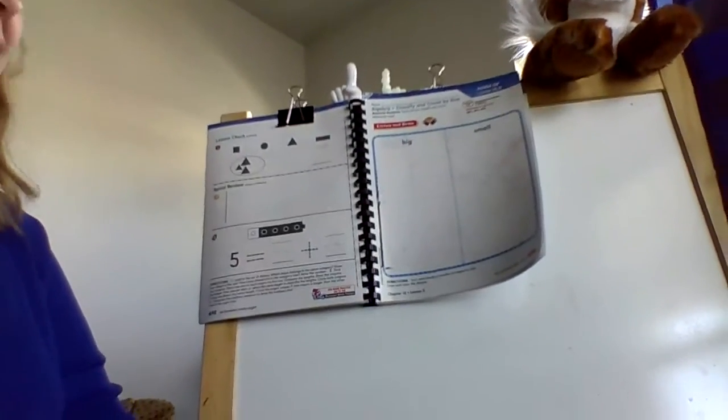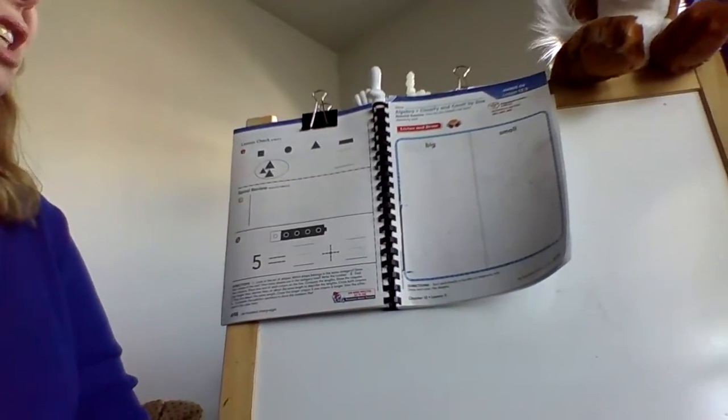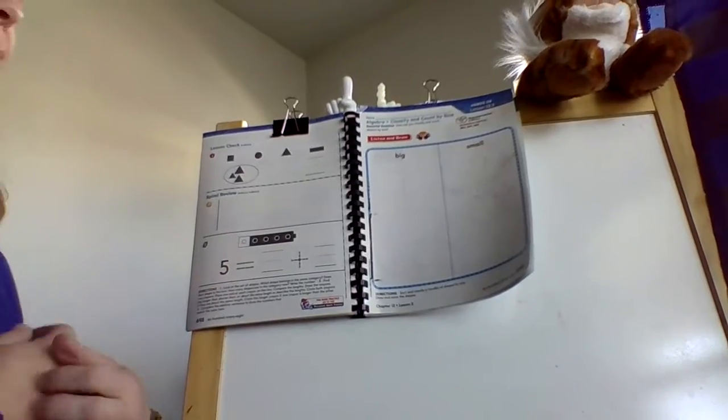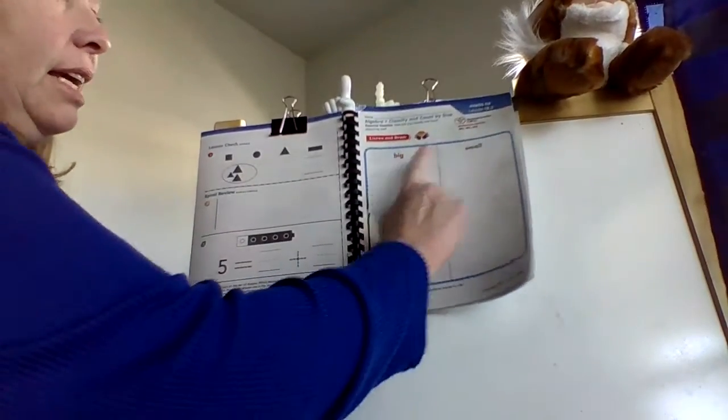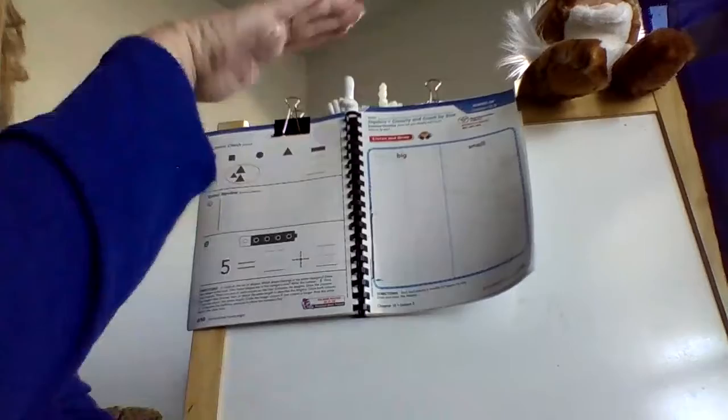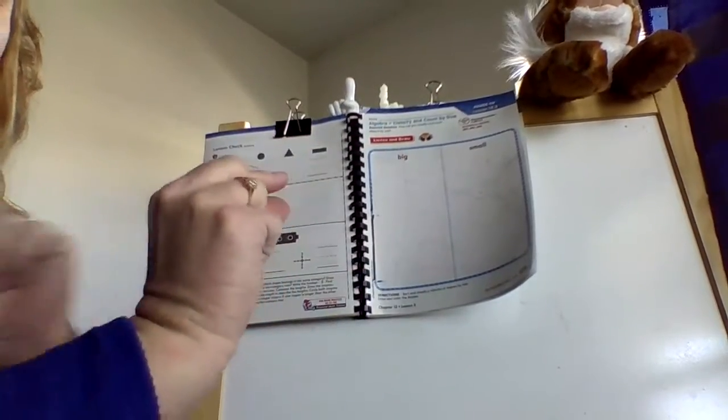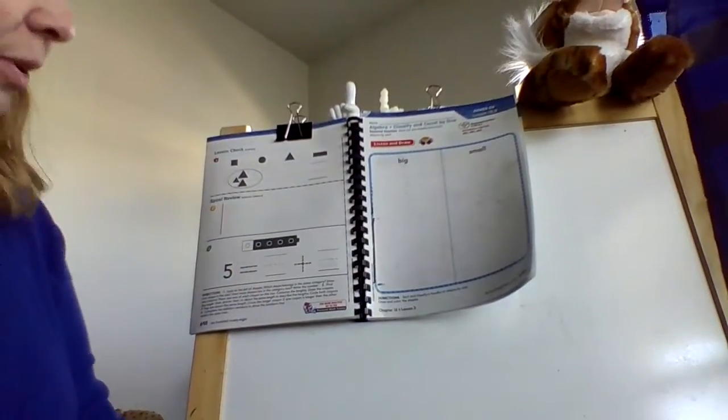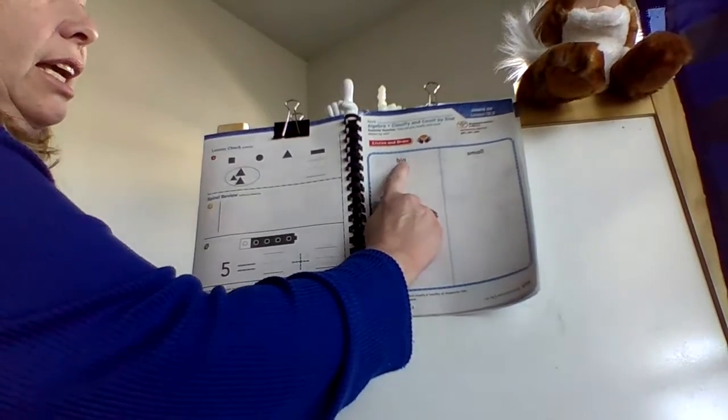All right, today we are doing math, chapter 12, lesson number 3. And it is on big and little. So we're going to talk about things that are big and things that are little. We're going to start off, this word says big, big,